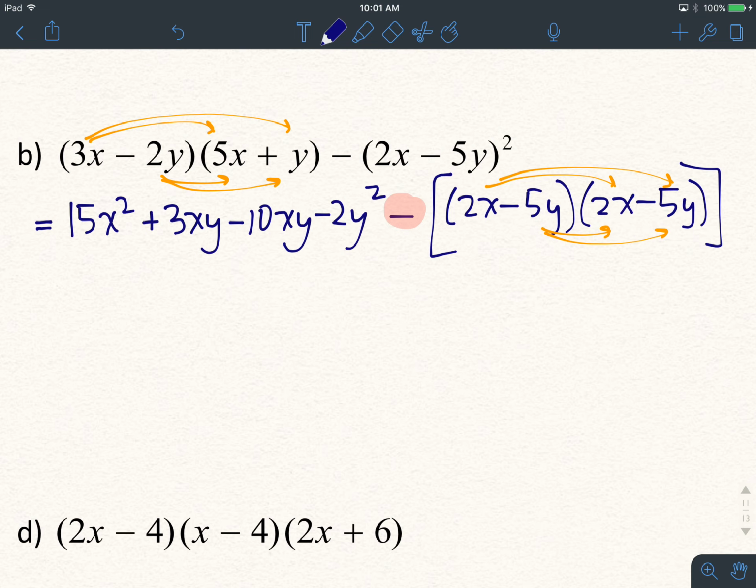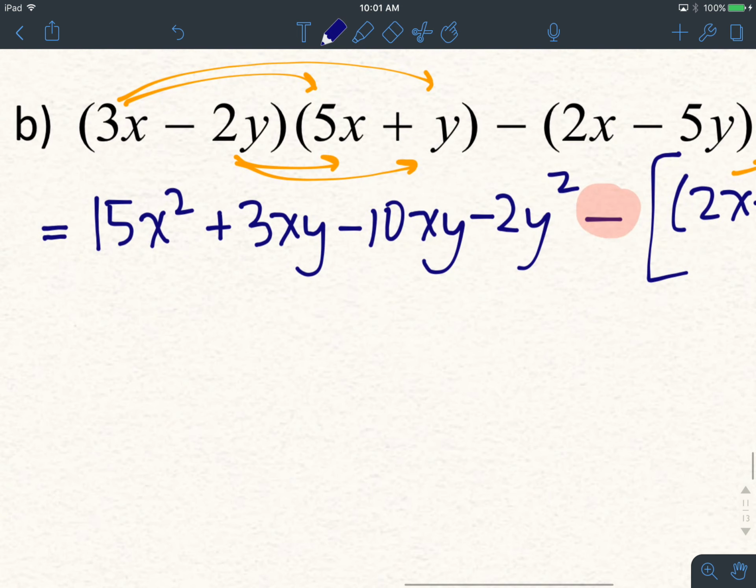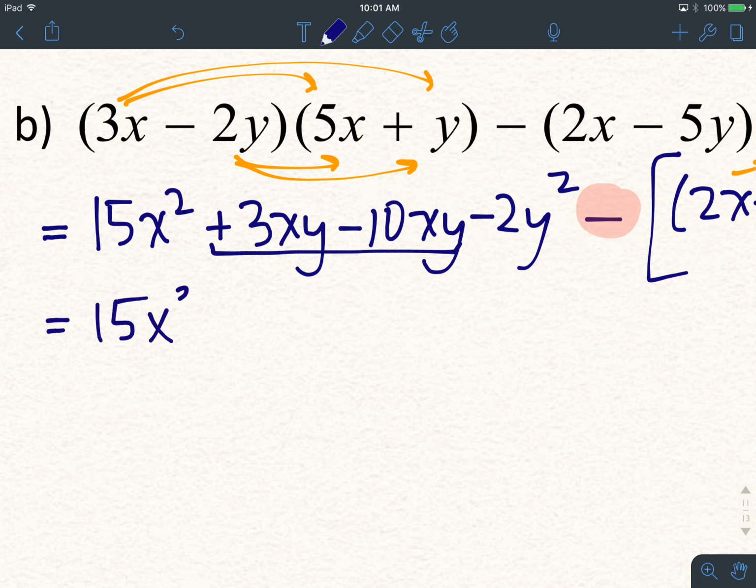Now I've just rewritten it here, so the step in the next line is going to be to expand out that second binomial that I've just rewritten. At the same time, I'm going to simplify here the terms that are alike. So I've got 15x squared, plus 3xy minus 10xy. That will be negative 7xy, minus 2y squared, minus